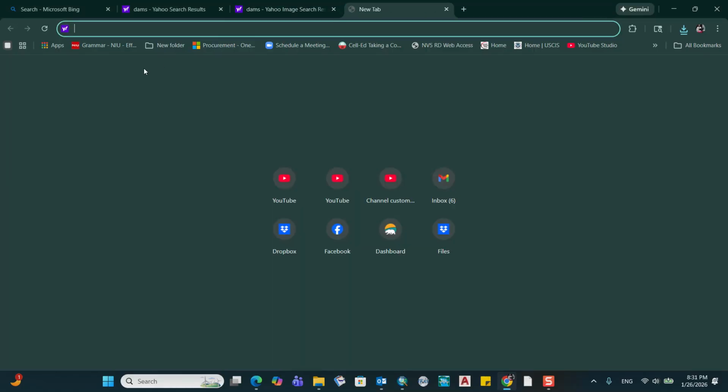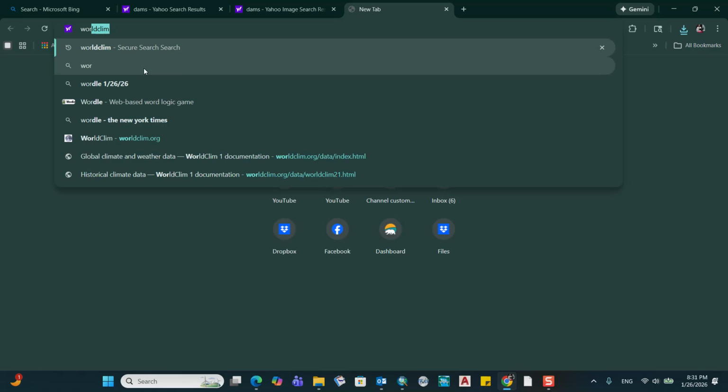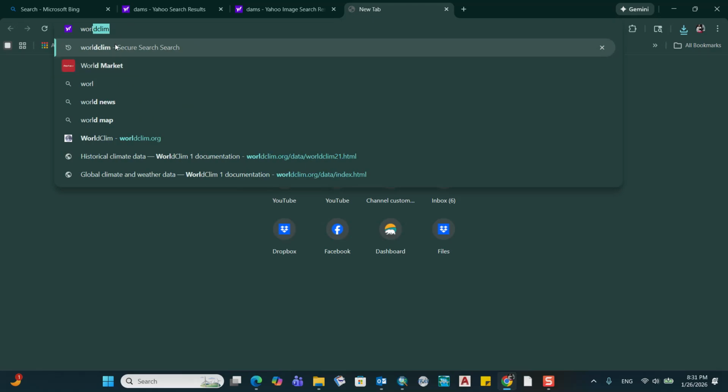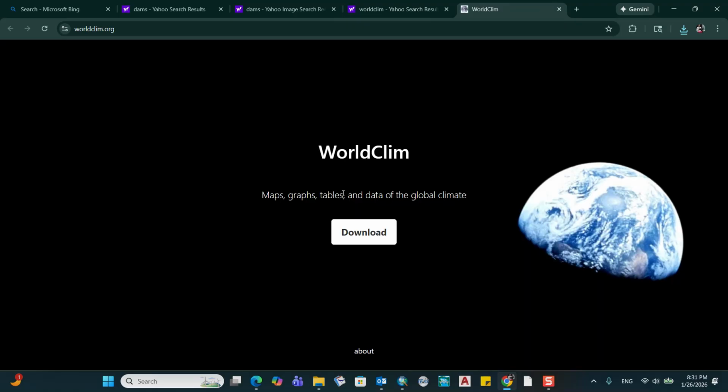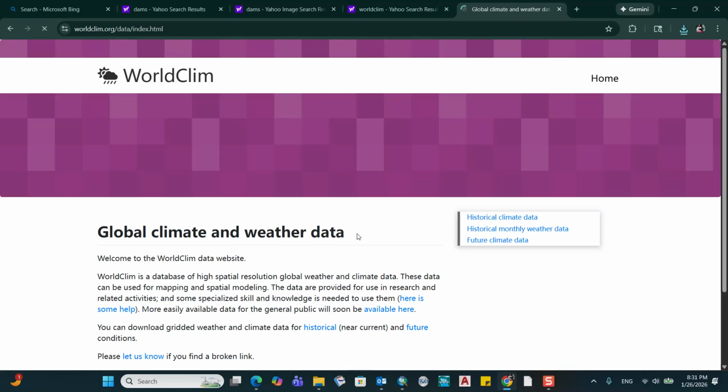So what you can do, you will just type WorldClim. So you will click this one and then you will click just on that and you will click download. So this is the global climate and weather data with different resolutions, and also for your research and for